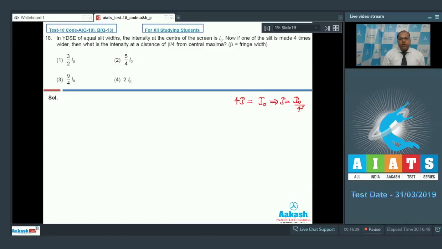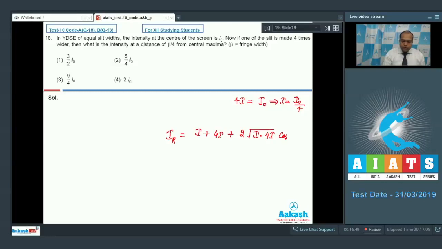Now when one of the slits is made 4 times wider, the intensity through that slit is 4I. So the resultant intensity can be written as I plus 4I plus 2 times under root of I into 4I